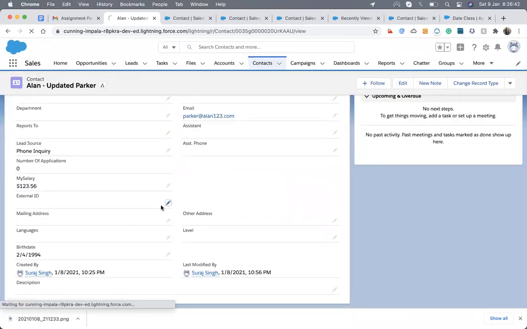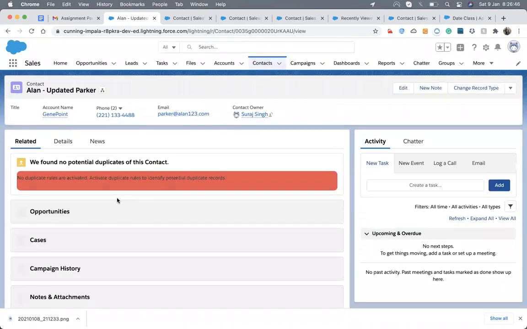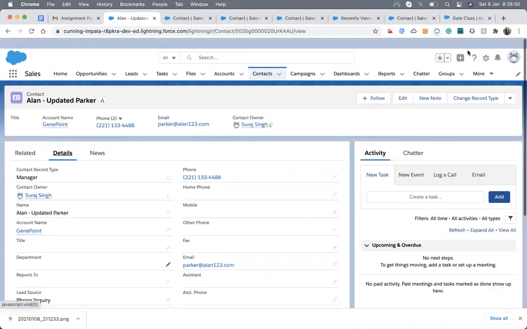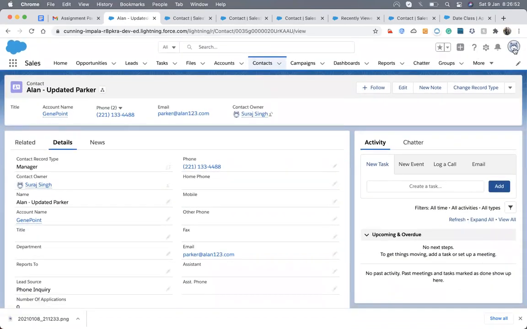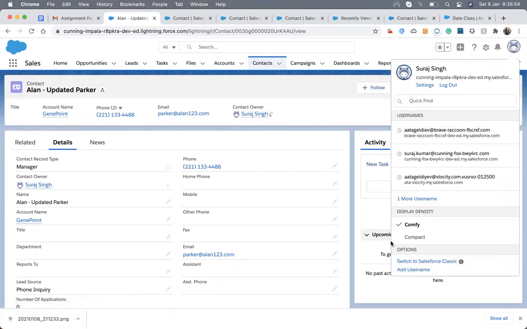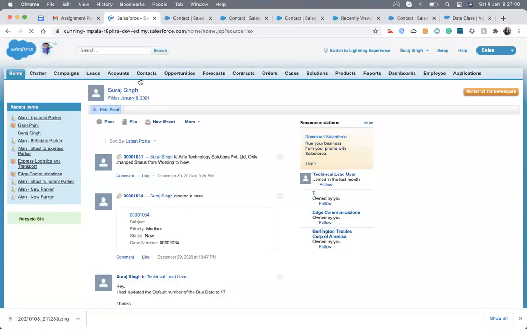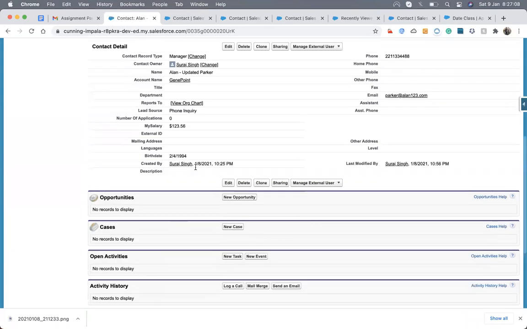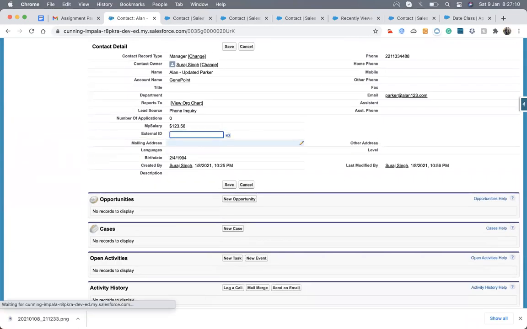What is the... Should it be number only? No, it's a text, so it can be saved. Let me switch to classic. I don't know what happened. No, it's not saved.